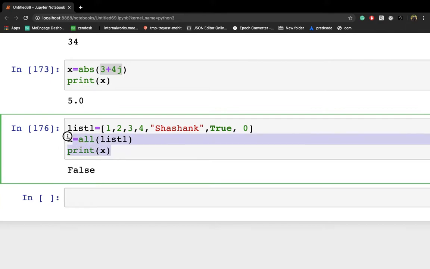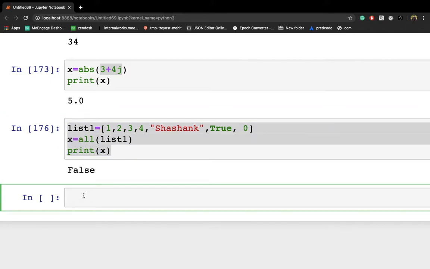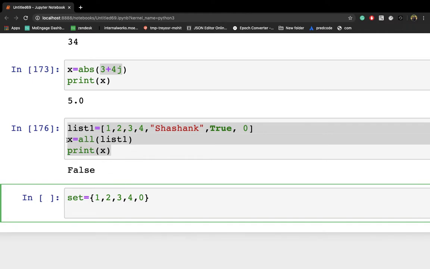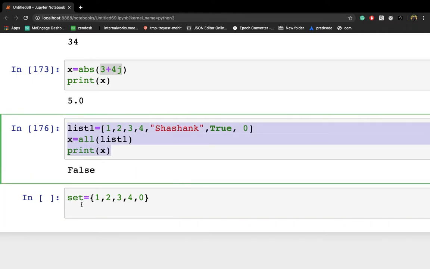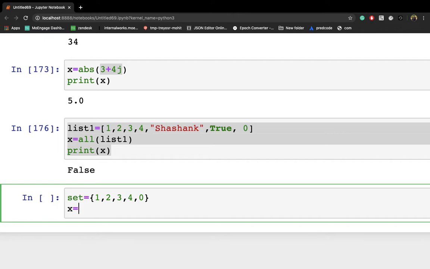That's how you can use the same thing with set and tuple as well. So let's say I'm writing set1 is equal to, I'm putting a few values: 1, 2, 3, 4, 0. I'm writing x is equal to all function. Inside this all function, we write the same variable name, which is set1.